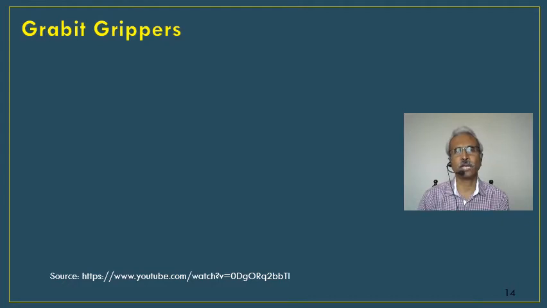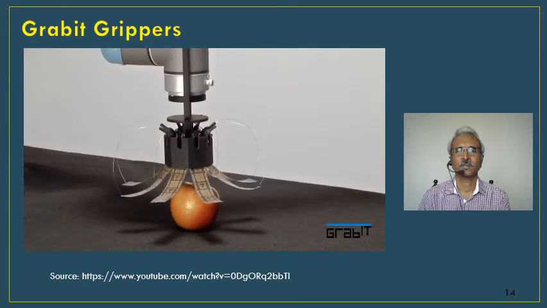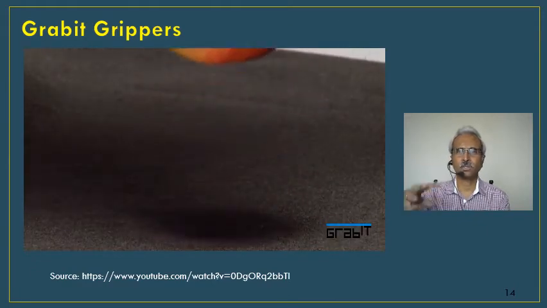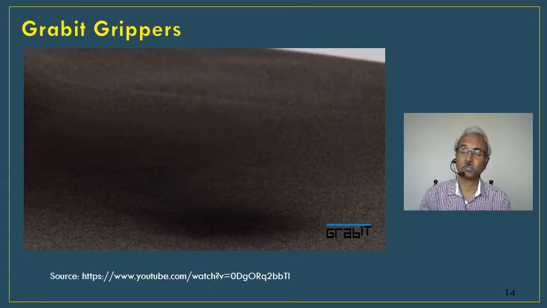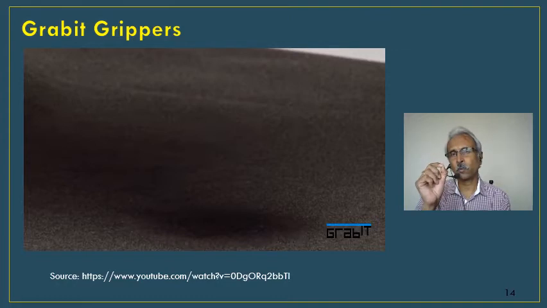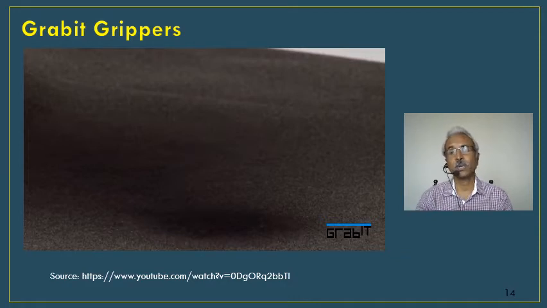So I'll play the video here. You will be able to see how this gripper is able to handle a fruit. Right, so it comes down. They're all soft ones. There is no hard part over that, and it is able to pick the apple without damaging it, because fruits are very sensitive. Even if one small spot is damaged, from that point it will start deteriorating throughout. So that's why it's very sensitive, and this type of gripper will be of much use.